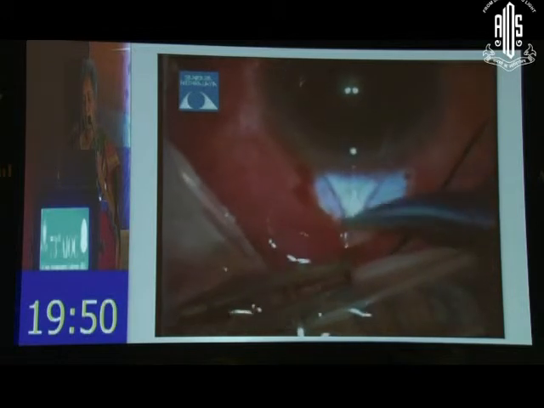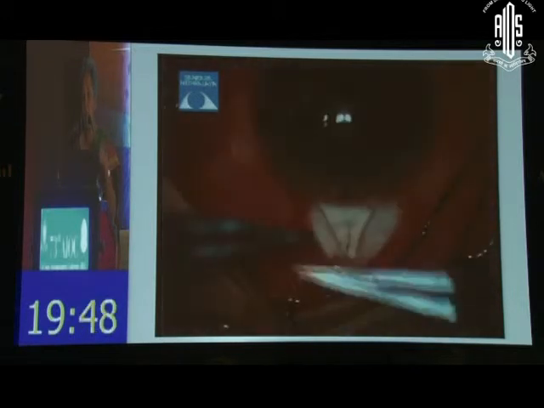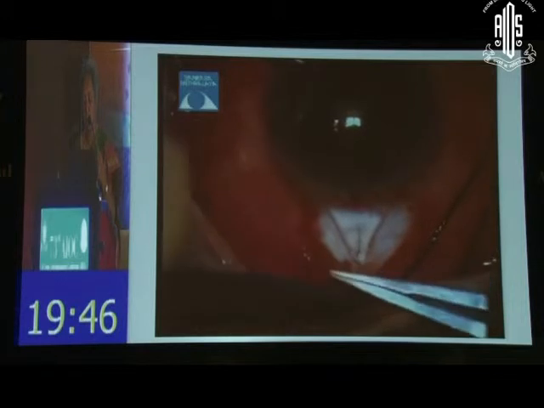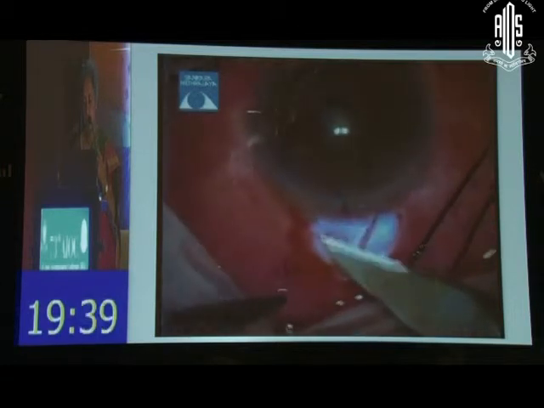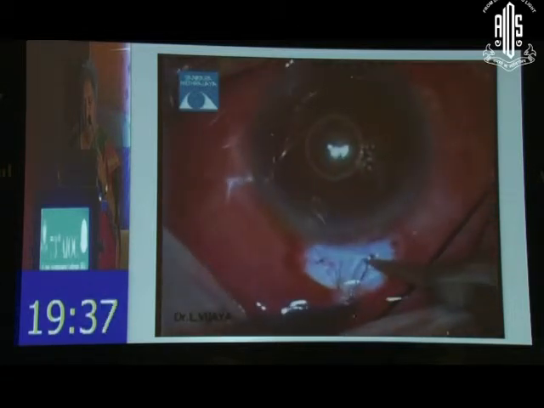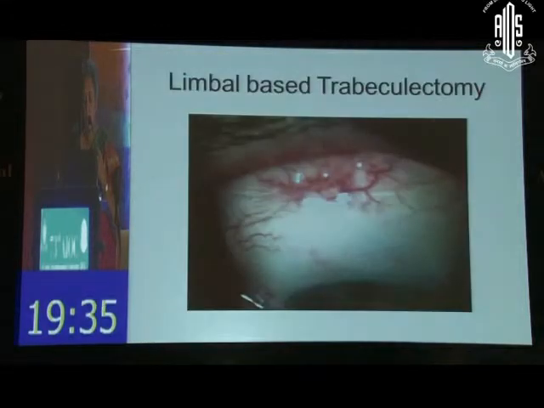Releasable suture to the apex so that the flow will be posterior when you remove the releasable suture in the postoperative period, and 2 sutures at the base, and conjunctiva should be closed. This is how a limbal based trabeculectomy will look. You can notice that there is